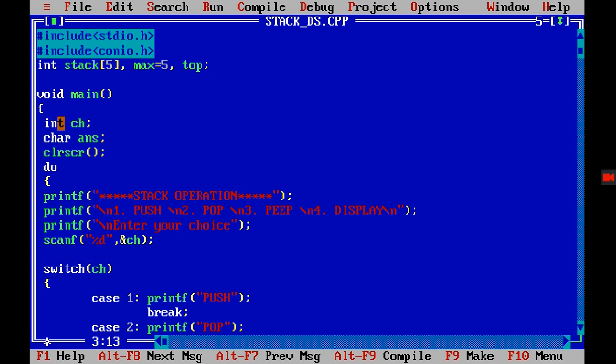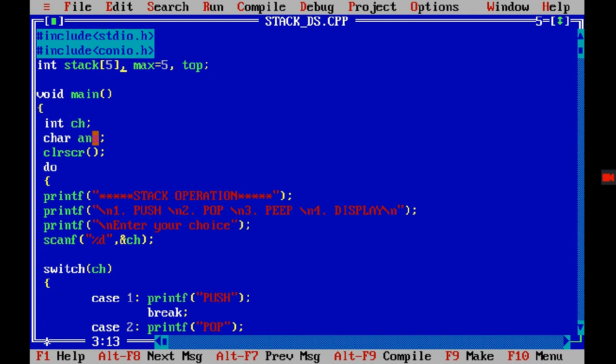So if I want to use it in some other function, I have to pass that value. So the better idea is that rather than passing that value, I can declare it globally, right? So that is integer stack of 5, you can take any name, that is the array name, but here I am taking stack, right? Then the max and top.